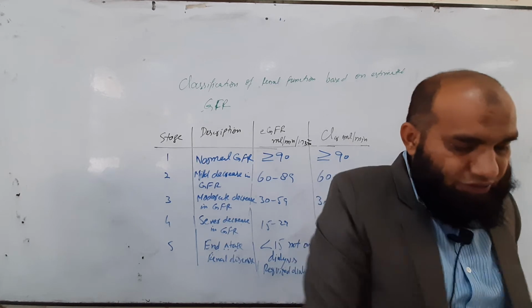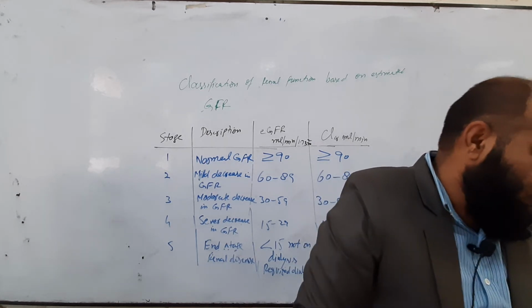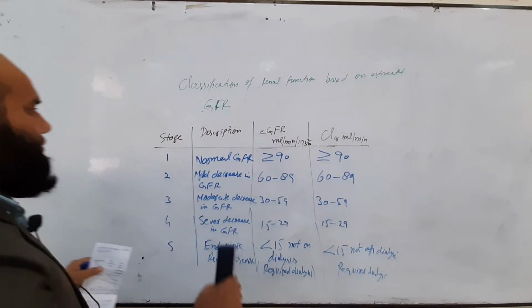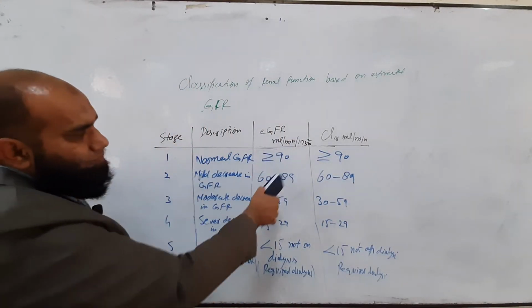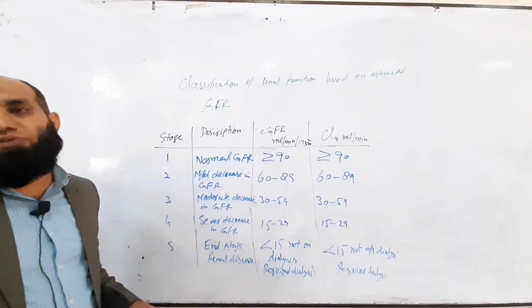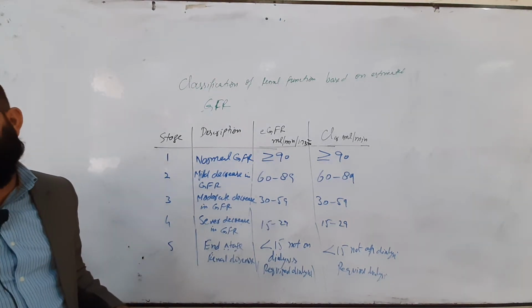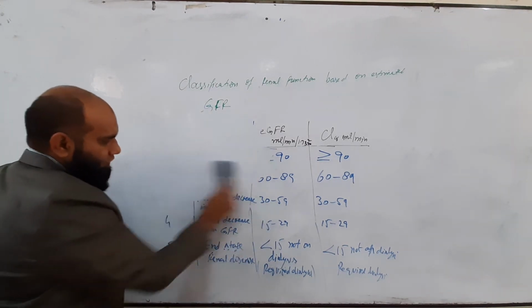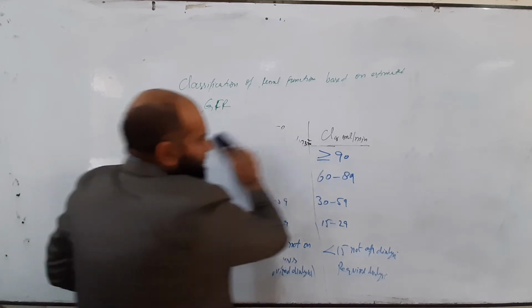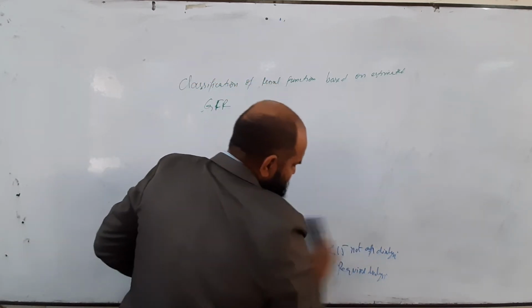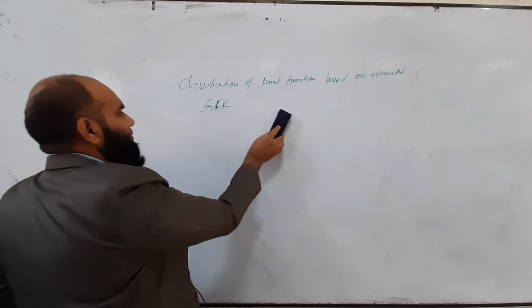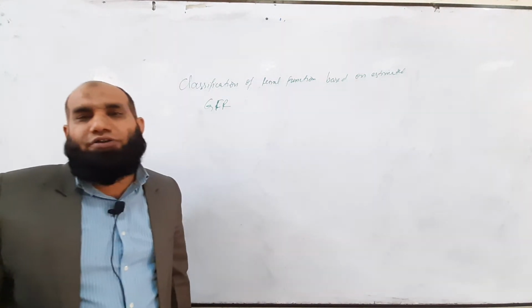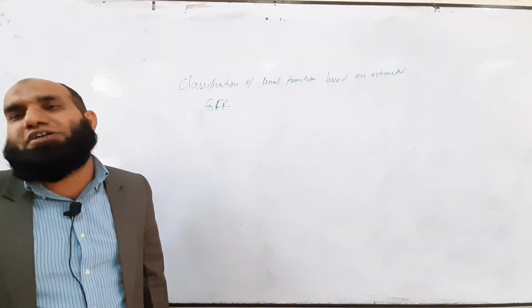Okay, the question is, how can we calculate the estimated glomerular filtration rate? How can we calculate this eGFR? Because when we have the eGFR, then we can assume the creatinine concentration and creatinine clearance, and then we can suggest the normal or the adjusted doses for the patients. There are 3 basic methods to calculate the eGFR. Remember, now we are using the word eGFR, but we are actually discussing creatinine clearance.